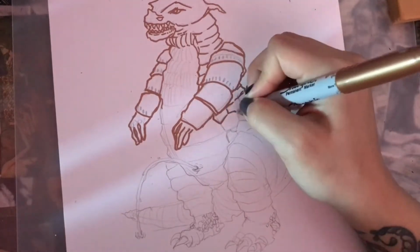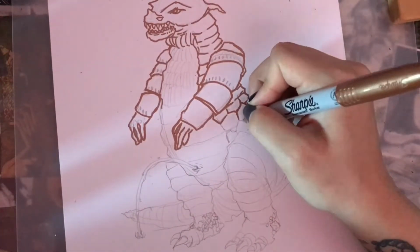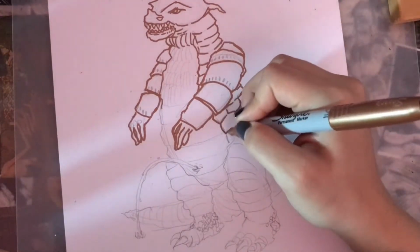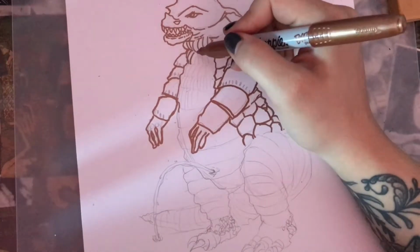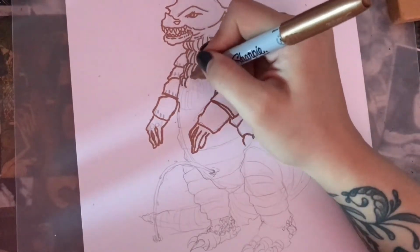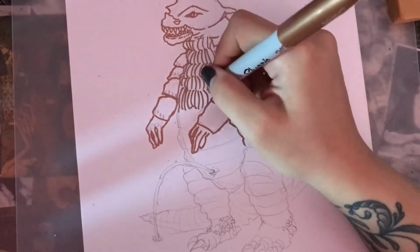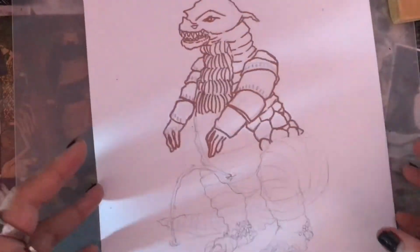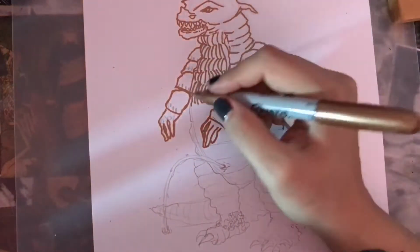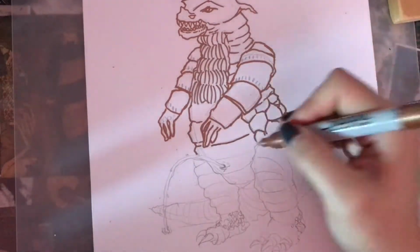Who knows? The fact that I can't erase the lines, because that will mess up the gold, is probably going to keep me from coming back to this piece. But that's okay, because I have a ton of paper. I have a ton of references. It's totally fine. I'll just move on to something else. And sometimes that's what you gotta do. When you don't plan things out enough, that's what's going to happen. You're going to make mistakes, and sometimes you just gotta start over, and that's why you plan out. But I just didn't really care, because I just wanted to